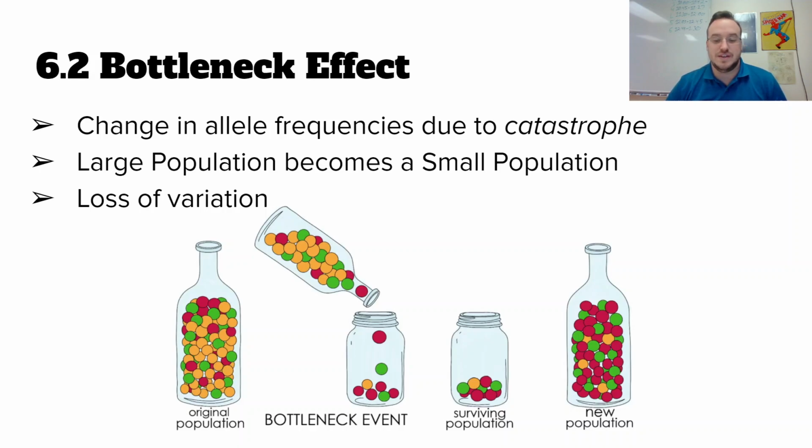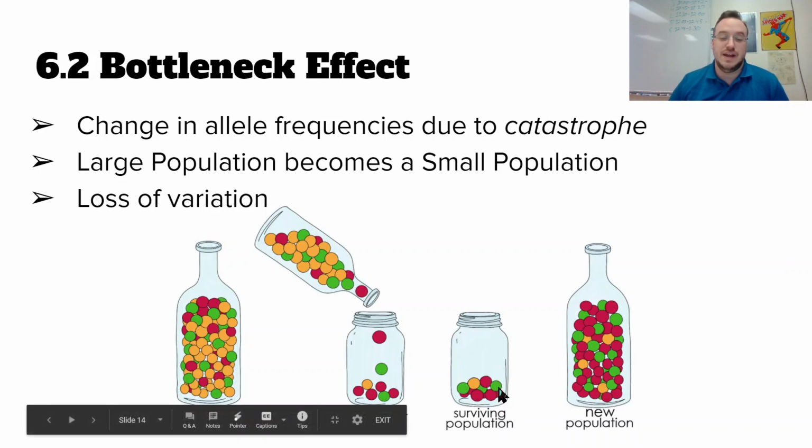So as you can see, the kind of idea of a bottleneck, if you're pouring out through the bottle, only a few actual particles are going to make it out, and most of them are going to stay in the population. So we're going to get something called a surviving population in that third jar, right? And if these were individuals and they were mating and they were reproducing, we would see this change where there's a lot of